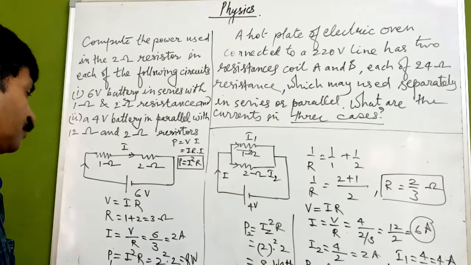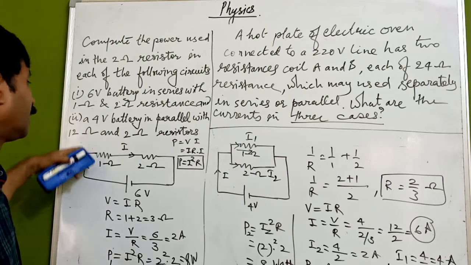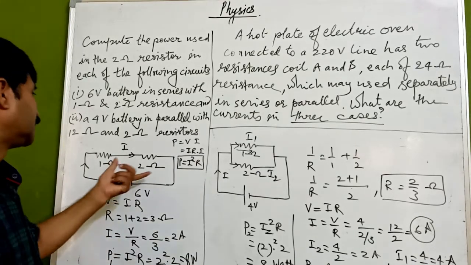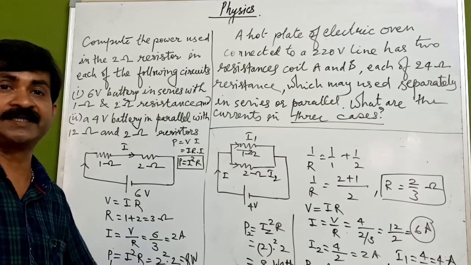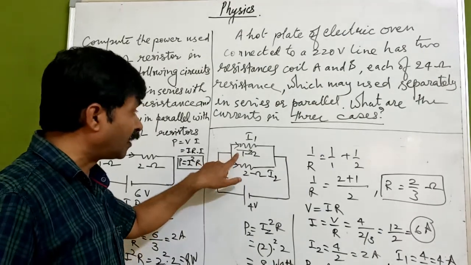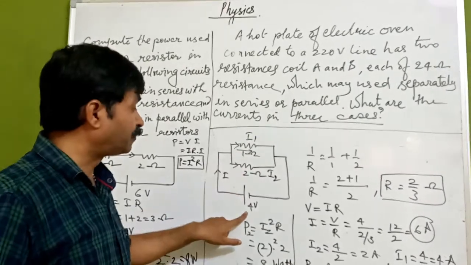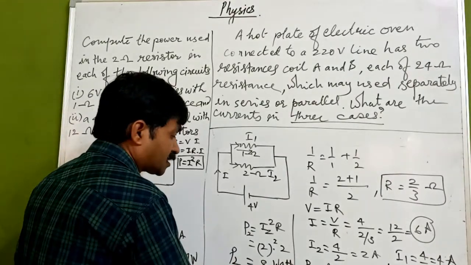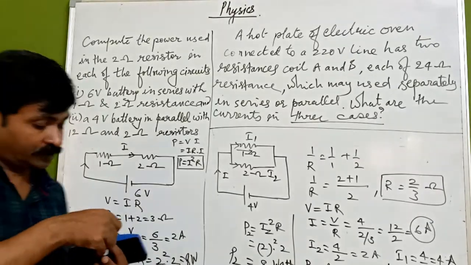क्या होगा? P1 upon P2, यदि हम दोनों का पावर कंपेयर करते हैं, यहाँ 6 वोल्ट बैटरी है या 4 वोल्ट बैटरी है, बट ये कनेक्शन सीरीज में है, कनेक्शन पैरेलल में है, तो हम देखते हैं कि 2 ओम जब सीरीज में कनेक्ट होता है 6 वोल्ट के साथ में, तो इसको पावर कंजम्पशन कितना है? 8 वाट. Similarly, when this 2 ohm resistance is connected with a 1 ohm resistance in parallel with a 4 volt supply, how much power do we get? This is 8 watt. So this way we can calculate and we can do the numericals.